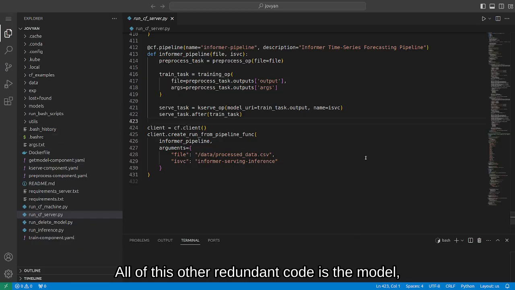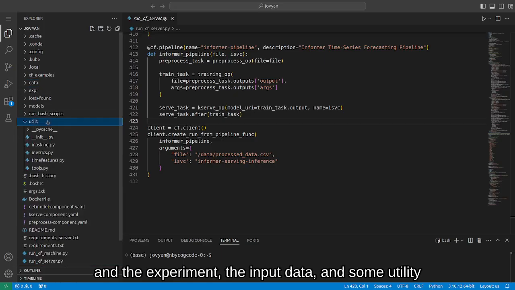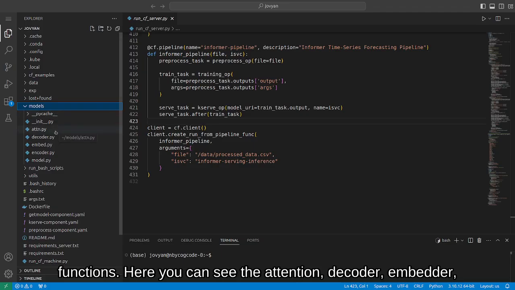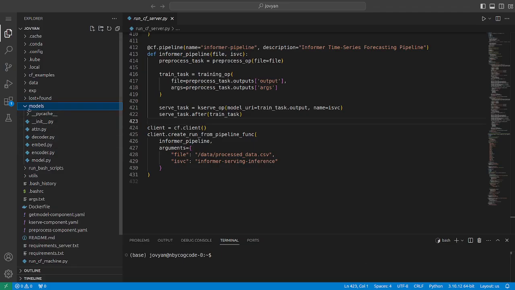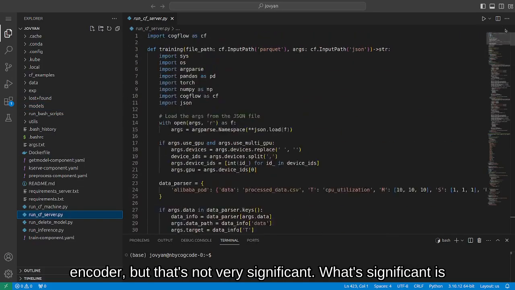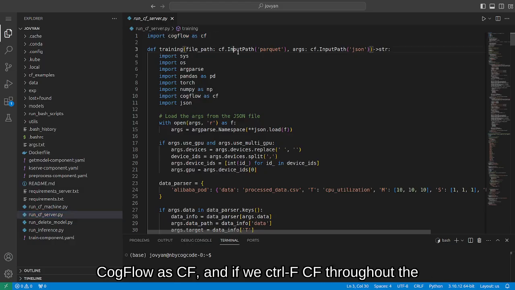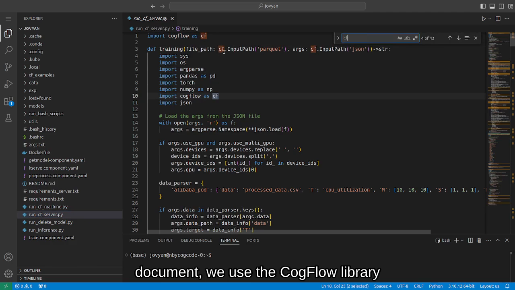All of this other redundant code is the model and the experiment, the input data, and some utility functions. Here you can see the attention, decoder, embedder, encoder. But that's not very significant. What's significant is this file, run Cogflow server. As you can see, it imports Cogflow as CF, and if we Ctrl F CF throughout the document, we use